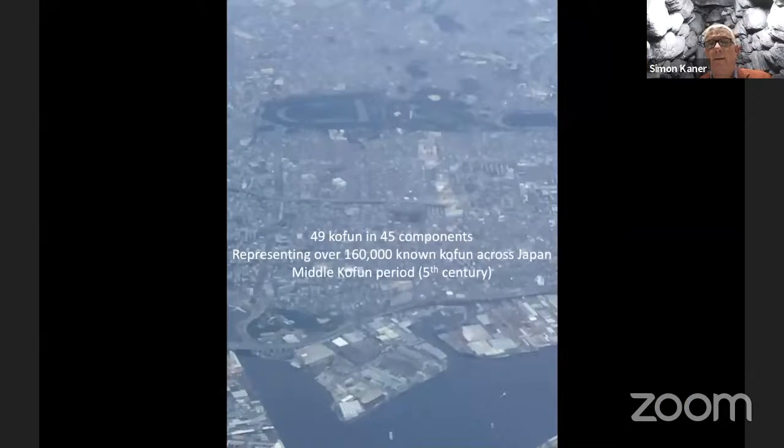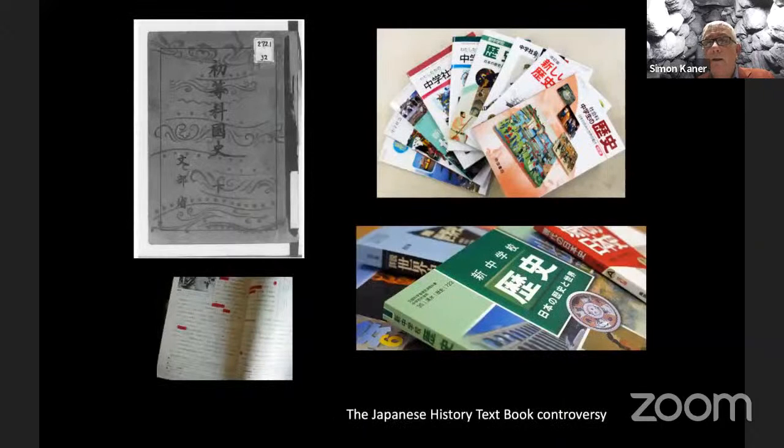The Mozu Furuichi nomination was for 49 Kofun out of the 160,000 that are known. Why was it controversial? It's controversial because about 900 of those 160,000 Kofun, which were designated as the final resting places of imperial ancestors in Japan back in the late 19th century, are not accessible for archaeological or any other investigations apart from by the Imperial Household Agency, the equivalent of Buckingham Palace, I suppose, who have complete control over it and regard these tombs as the tombs of private individuals.